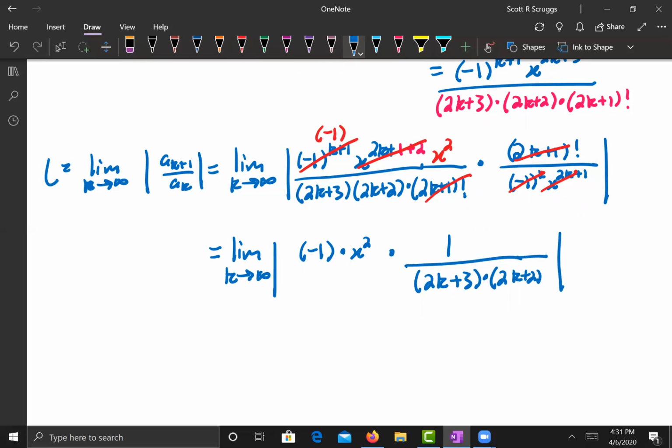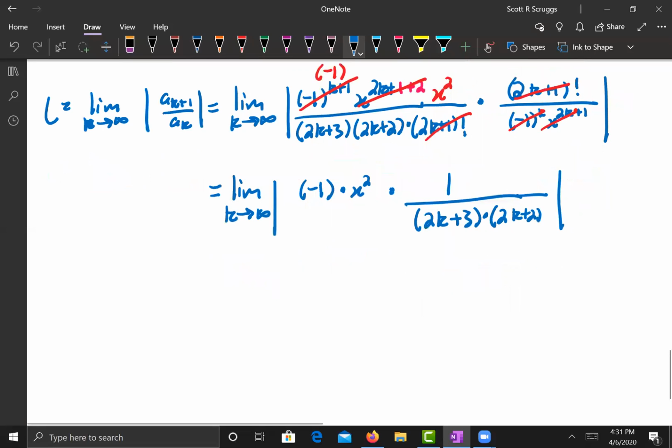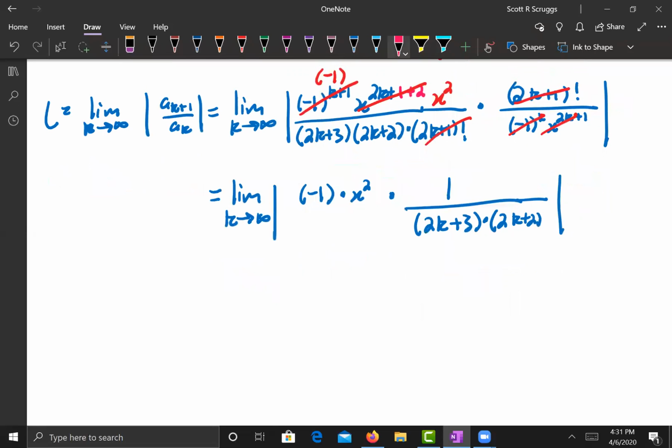I'm going to use my property again that says I'm going to take the absolute value of a product as the product of the absolute values. And because that is a constant with respect to k, that's popping outside. So I now have absolute value of x squared